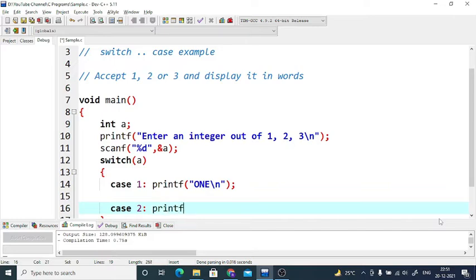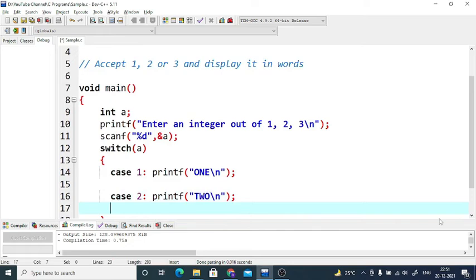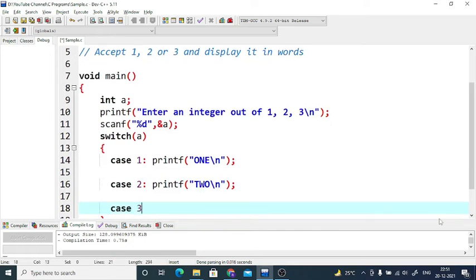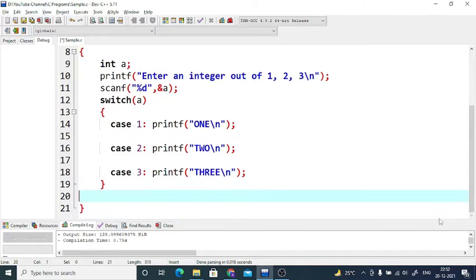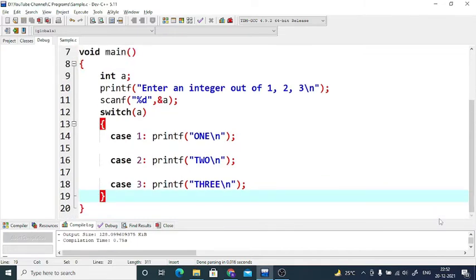So case 2, you have printf, you will be putting 2 in words. Then we'll have case 3, and that will obviously print THREE. Currently let us go ahead only with this and see the effect of this, and then step by step we'll try to add up the things.